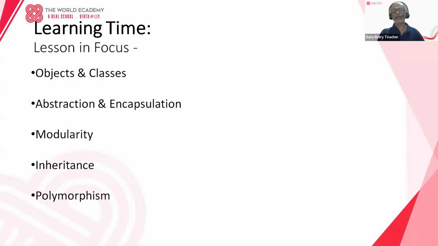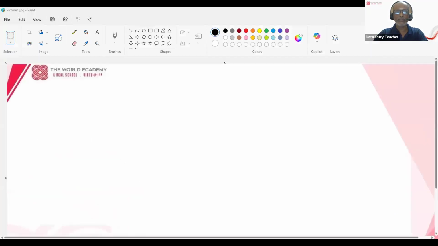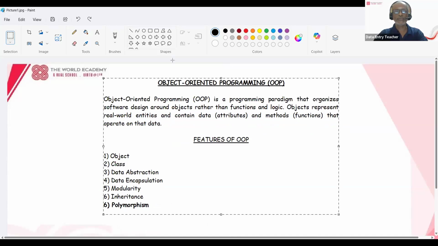Okay, let's start now with the real objects and classes, like abstraction, encapsulation, modularity, inheritance, polymorphism. This is what we are going to see now. Let's go and learn one by one with examples. We'll see that. All right. So let me go and share this. All right. So let's see. Yeah. Now you can see